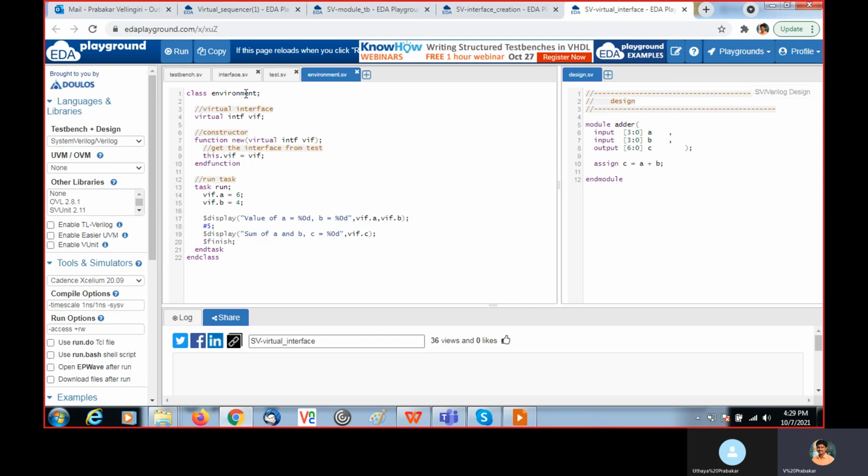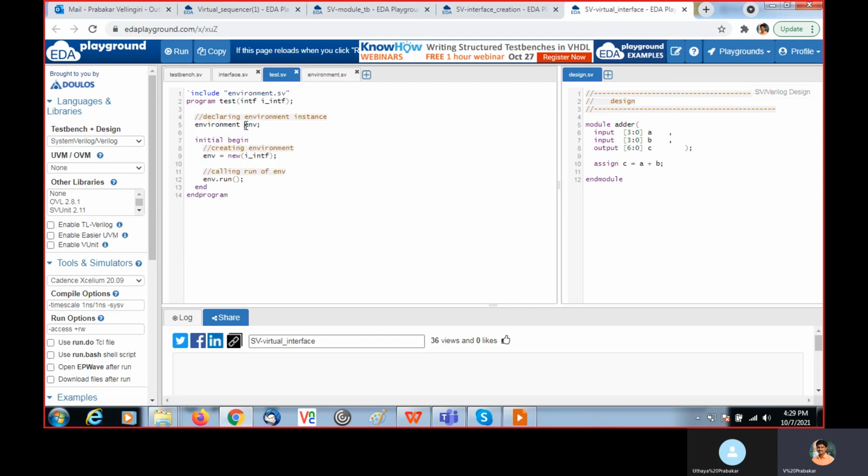Within this program block, in initial begin, I create new for the environment. While I create new, I am passing the physical interface handle as an argument. What I receive here, I am passing to new of environment. Then I am calling env.run.